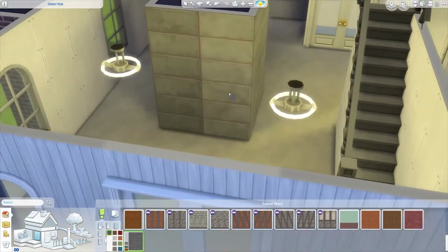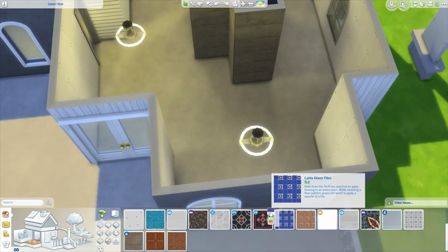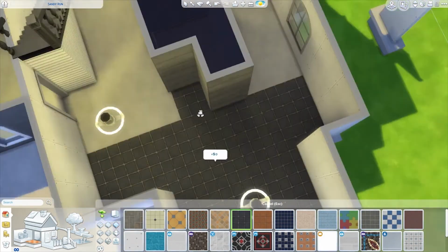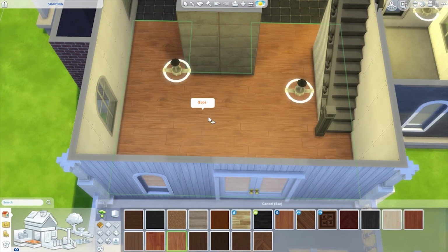So that's what we went ahead and did, and just left that in the middle here. I used this paper on it that I don't think I've ever used. It's interesting. And I used a wood floor I never used on the other side. I've used this tile before, but I don't use it often because I'm not a big fan. And I've used most of the tiles before, so